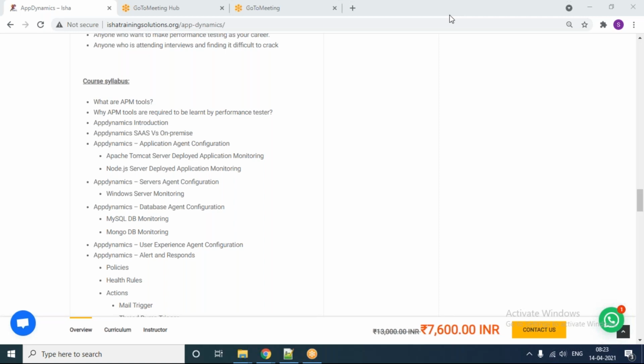And in AppDynamics there is a concept called flow map, showing how the flow actually goes. That similar behavior is available in Dynatrace as Smartscape topology.